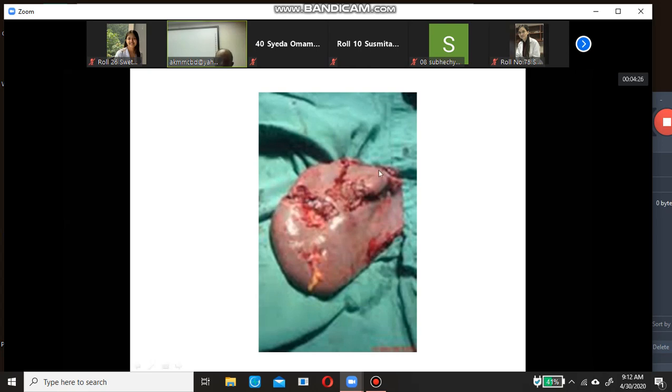Liver is more red in color. Spleen is somehow bluish in color. This is the color of the spleen. And you see the injury. This is actually the hilum of the spleen, and these are the injuries.